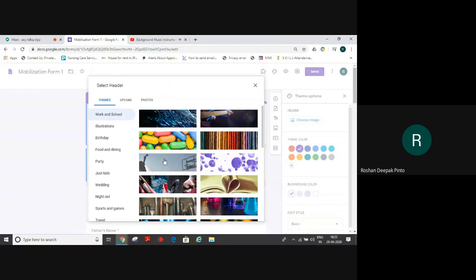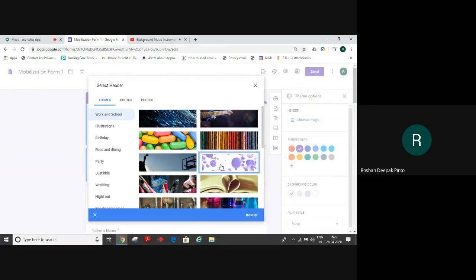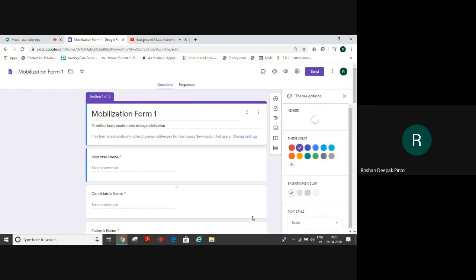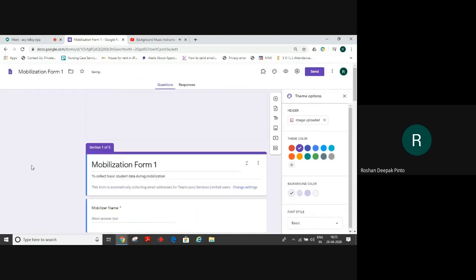Well, for this, I would suggest this one with bubbles because it suits the color that I've selected for the background. Once you select that, you need to insert it. Once it gets inserted, you have a header for your form.